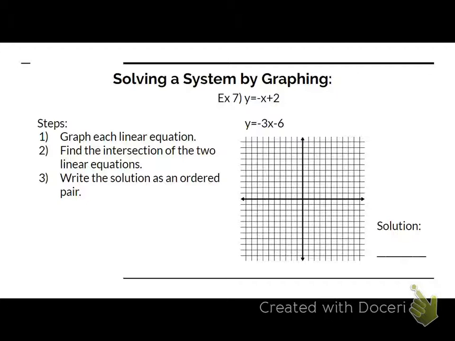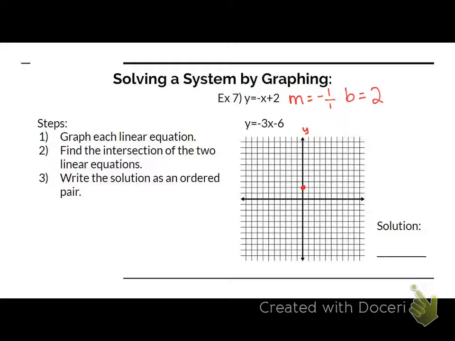Let's work on example 7. Same steps, new lines. This time we are not going to have a vertical line. Both of these lines will be slanted some way. Let's start with my top line by identifying m and b. What is the slope of that first line? Negative 1 over 1. And b is 2. We start on the y-axis at positive 2. Where do we go from there? Down